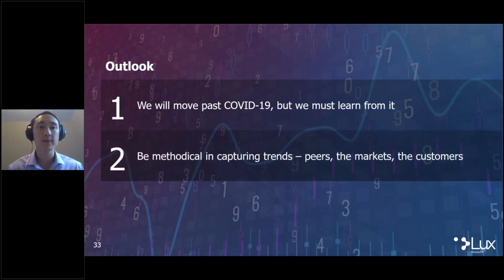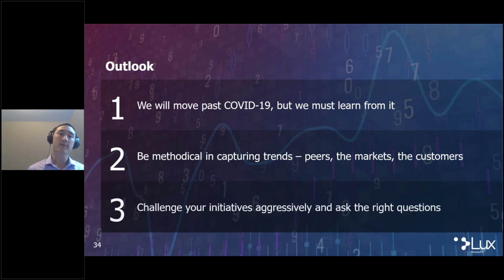The other recommendation is to be methodical about capturing trends. We have a platform so we can actually pull data out of it. You probably have a lot of data about the activities within your projects and the progress behind them, but also things around you like news events or peer developments. Be methodical in how you capture those trends. Look at your different data sources, do your best to unify them, and try to extract the important trends that come out of that.